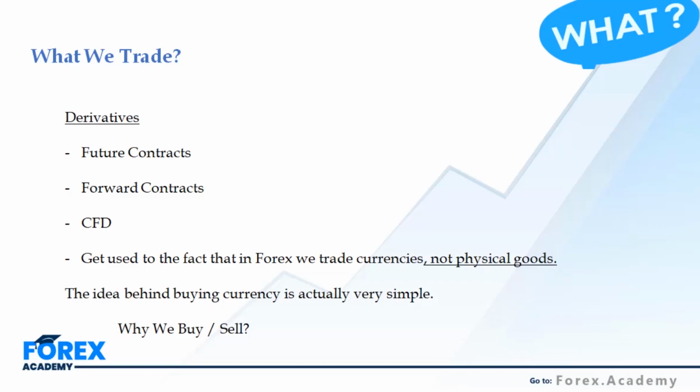That depends upon the maturity of the contract. So in order to simplify this, we can say that whenever I buy euro US dollar, I am not actually buying the euro, but I am buying the future contracts, or maybe I am buying the CFDs. The CFD is a contract for difference. The contract for difference means that it's a contract between me and my broker to settle off the difference between the current market price and the selling price in future.